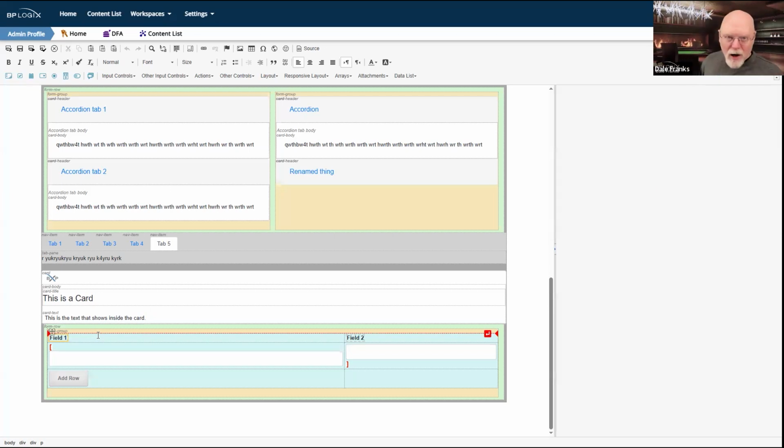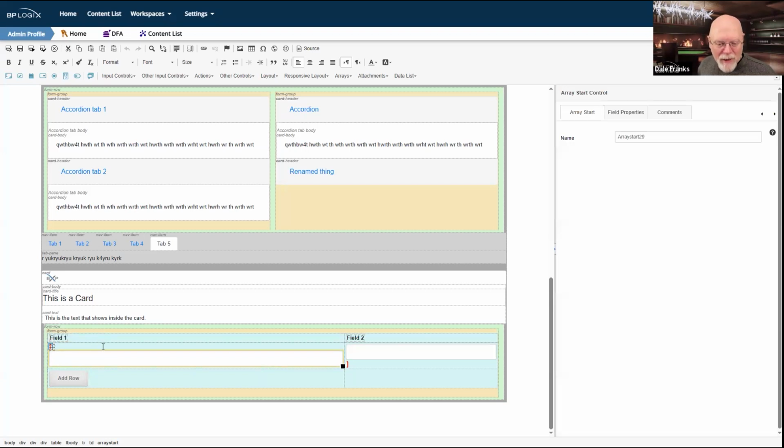Now, in most cases, arrays are only one row long. In this case, I have 2 columns, so I have my start array control, which is kind of hard to see, but there it is. That's my start array control. It's the first control in column 1. My end array control is the last control in column 2, and I've got both of my controls on the same row.